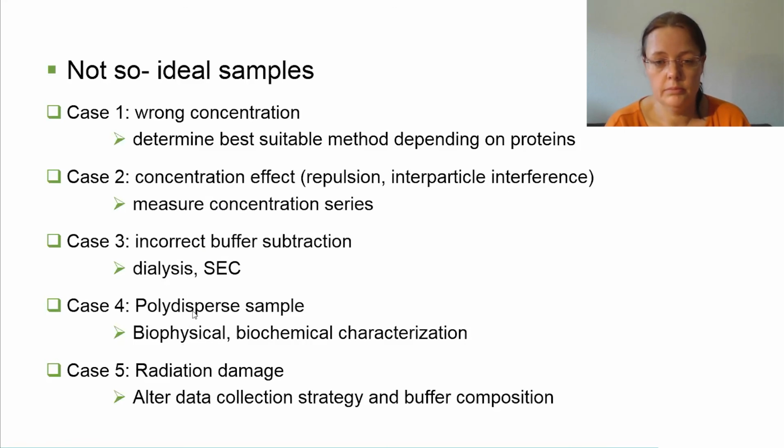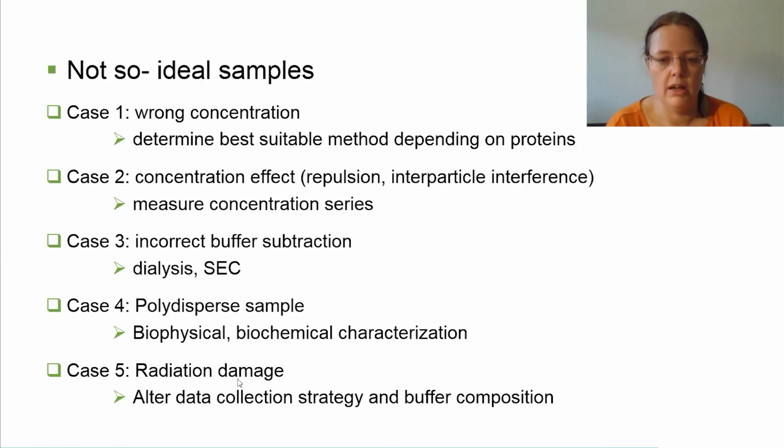Check if you have polydispersed samples, you can try to remove the aggregates, but also just remember that we can also work with polydispersed data, and we'll be talking about this also in lecture 6. But you will also have to understand your sample. Sometimes you won't be able to remove the polydispersity because it's just the inner way how your sample works. For example, a monomer dimer equilibrium, you won't be able to remove the dimers because the system will just always automatically go back to dimers, but you just have to try to understand it.